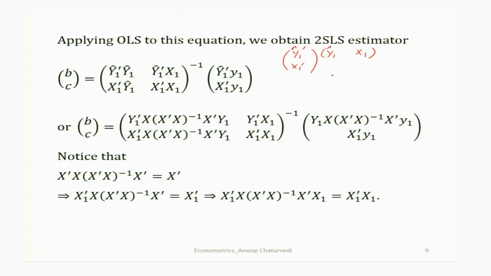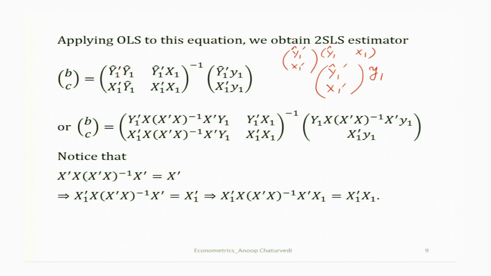So, you replace x transpose by y 1 hat transpose x 1 transpose and y by y 1. So, you get y 1 hat transpose y 1, x 1 transpose y 1, or B c is equal to,